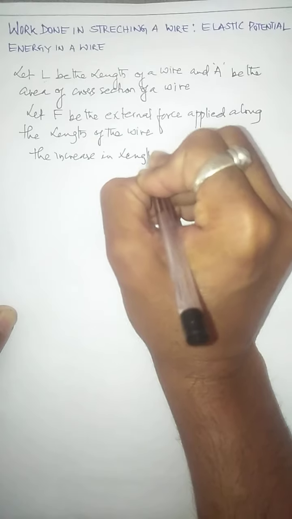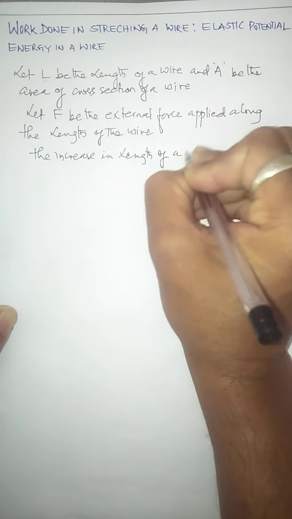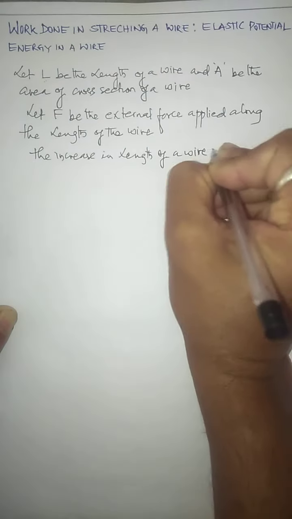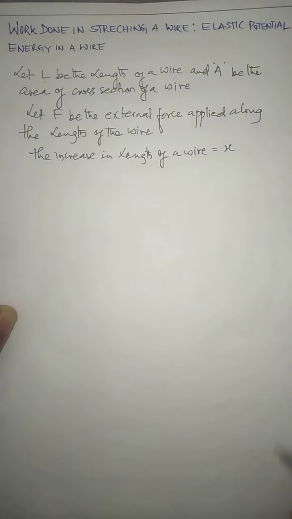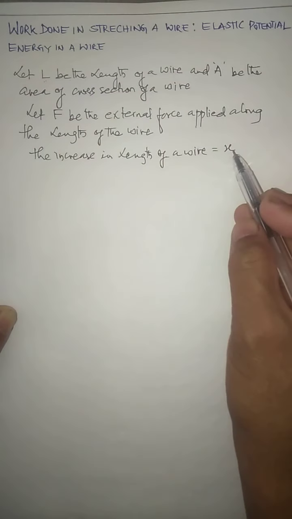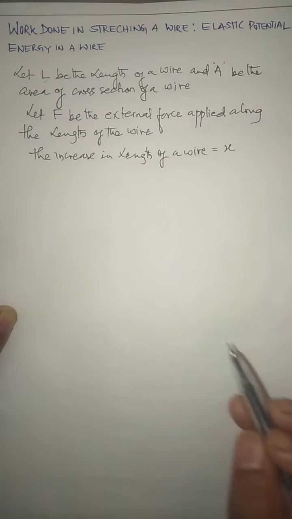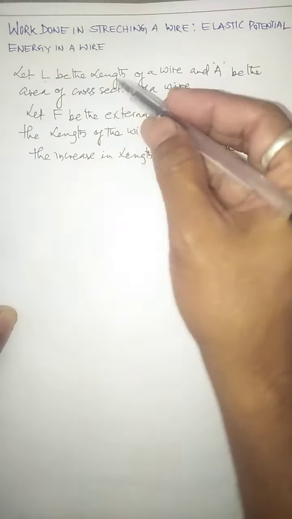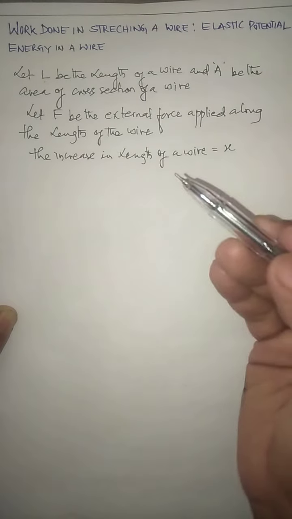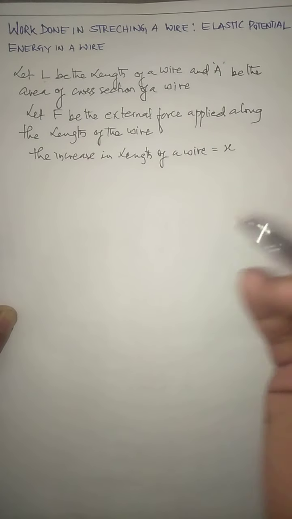Length. Okay, the increase in length of a wire is say X. Just considering this way, the increase in length of a wire is X. So the wire is elongated or increased by length X. With these quantities which I considered, we can always calculate